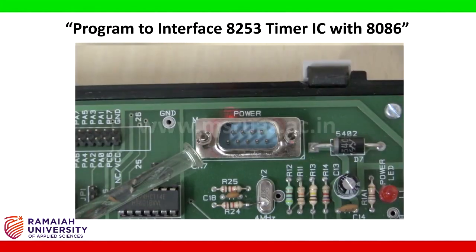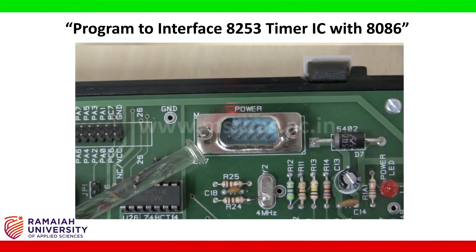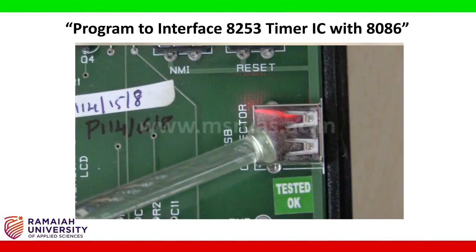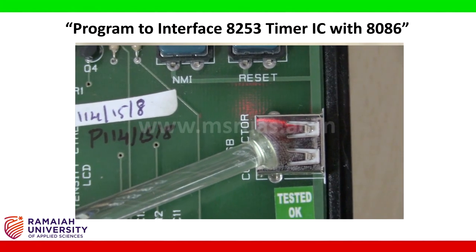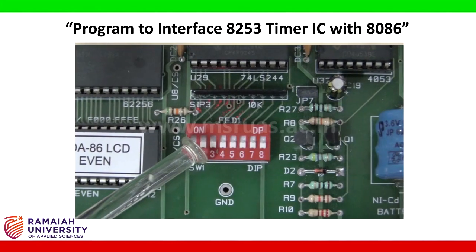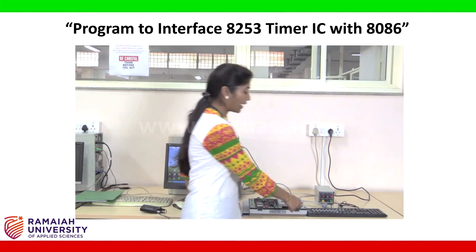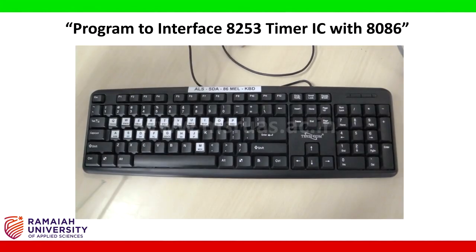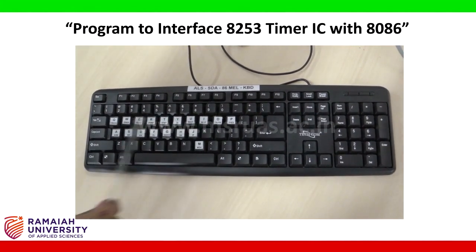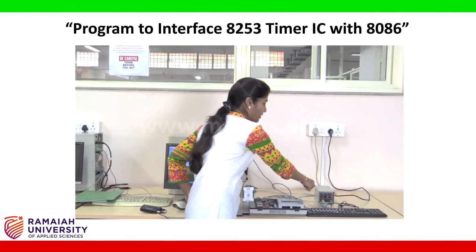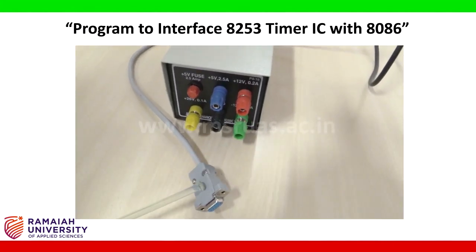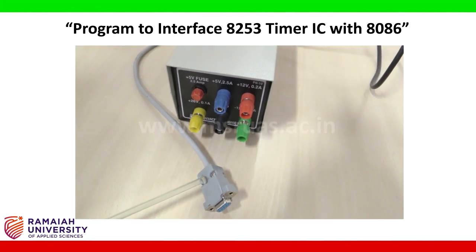Then this is for power supply, connecting the power supply. This is reset button, and this is USB connector to connect the keyboard. This is display and the dip switch. 8086 keyboard. So this is 8086 keyboard where the highlighted keys are used for programming. Power supply. So this is the power supply. The pin of this is connected to 8086 kit, and